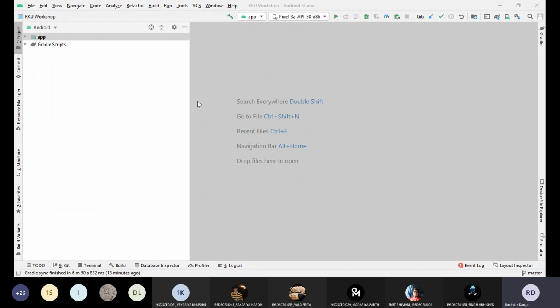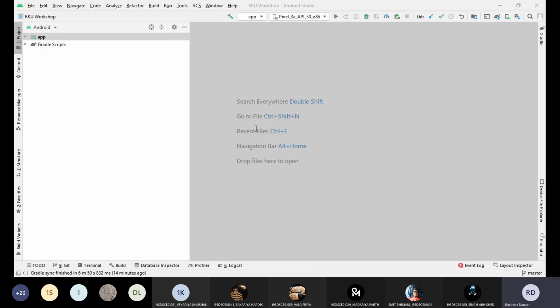You will have to wait the first time, because you can see here Gradle is building. I'll let you know what Gradle is and how it works. Once it configures the entire project, you will have to wait, and then in the left panel you will find an Explorer window. You can see it is now indexing, and mostly it is loading all the resources.